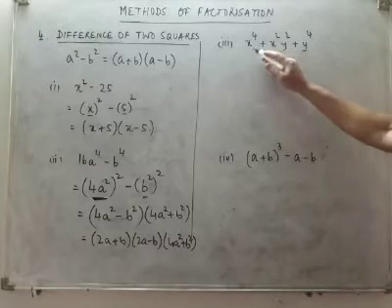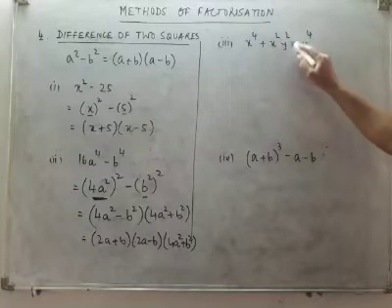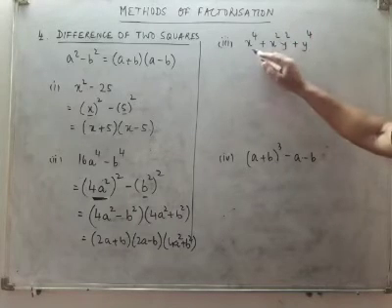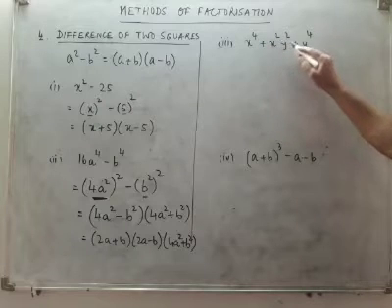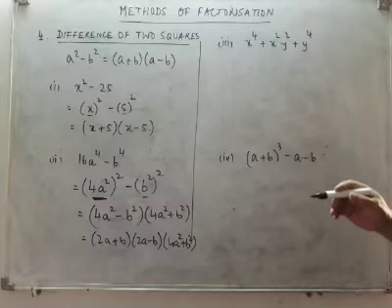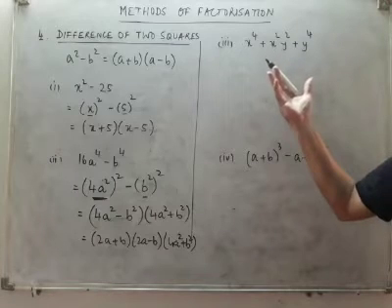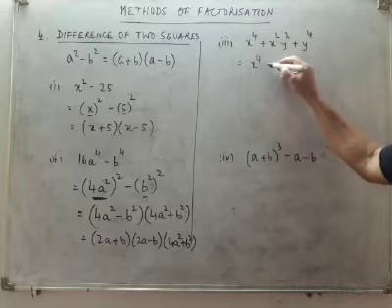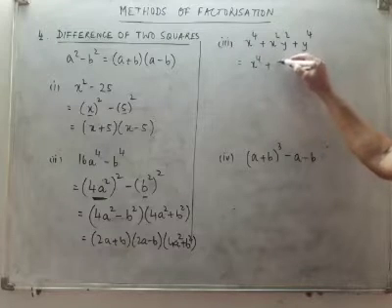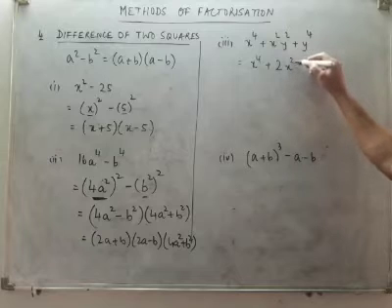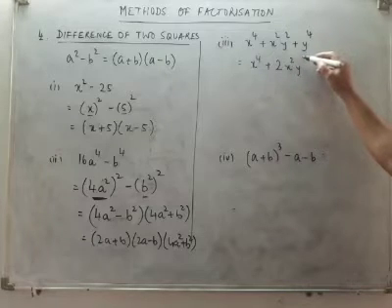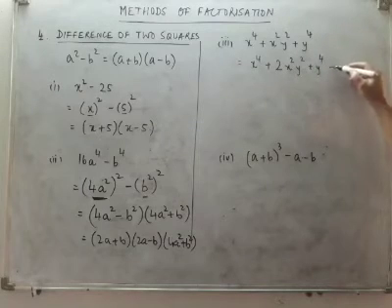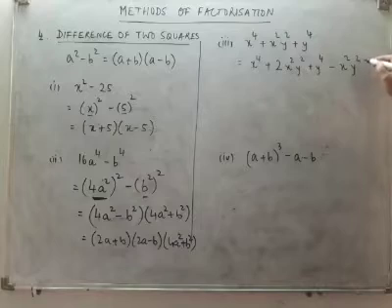Third example, x to the power 4 plus x to the power of 2, y to the power of 2 plus y to the power of 4, or commonly it is read as x4 plus x squared y squared plus y to the power of 4. Now there is no first term and second term. So we will have to make some kind of change here, some manipulation, to change this into the form of difference of two squares.